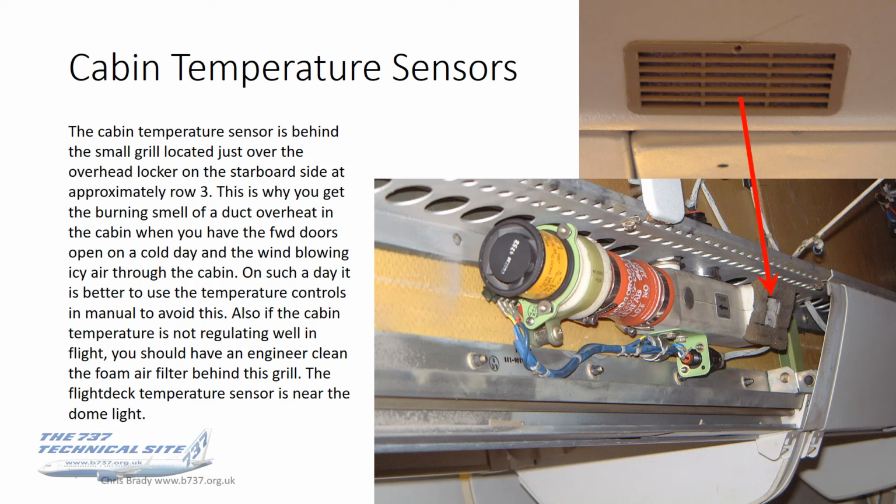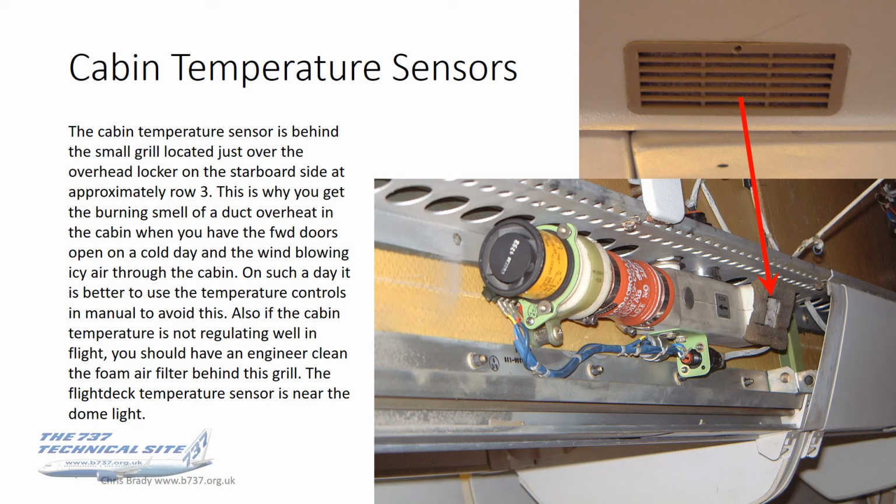Cabin temperature is sensed here. You're probably all familiar with the picture at the top right, and those of you who haven't seen it yet, it's on the right hand side of the aircraft at around row 3, just over the overhead locker. The picture below, I would imagine fewer of you have seen, and you can see by the arrow that I'm pointing to what is behind the grille. So the first thing that is behind this grille is a piece of foam, a filter,